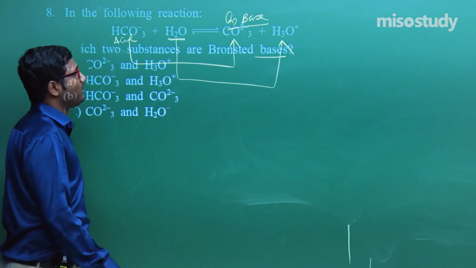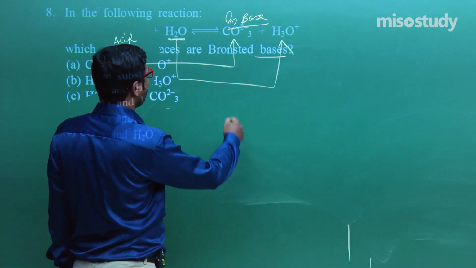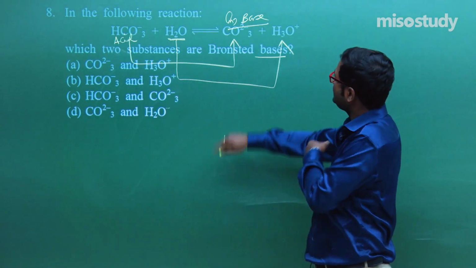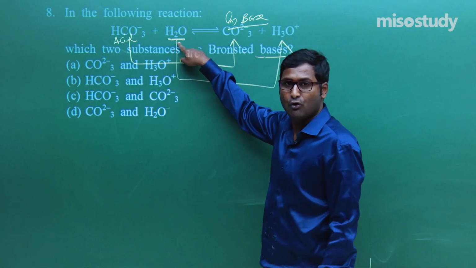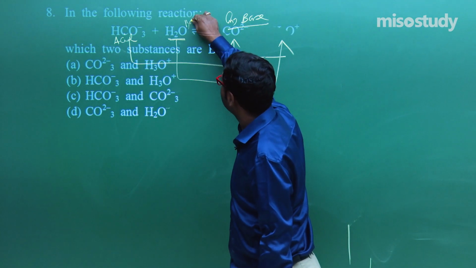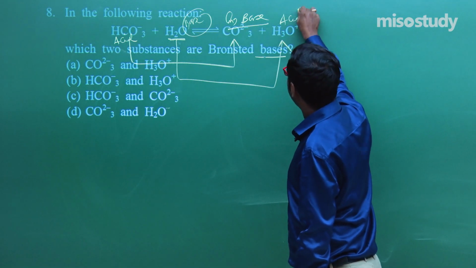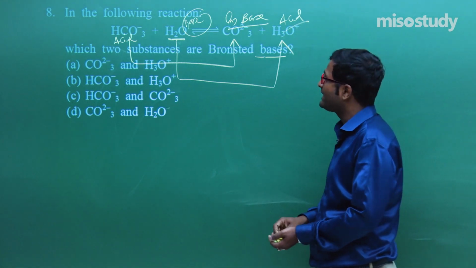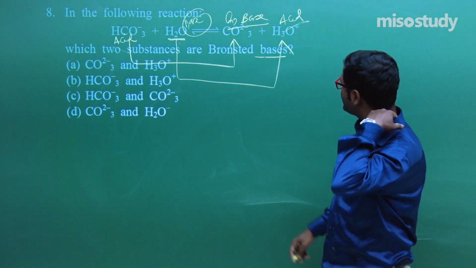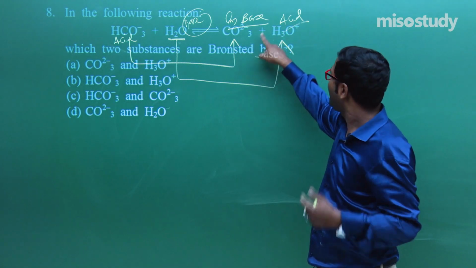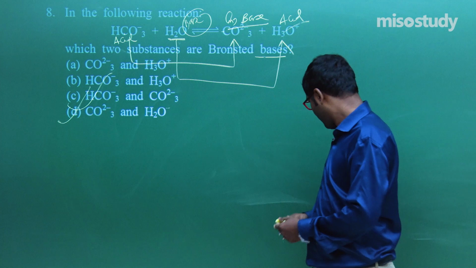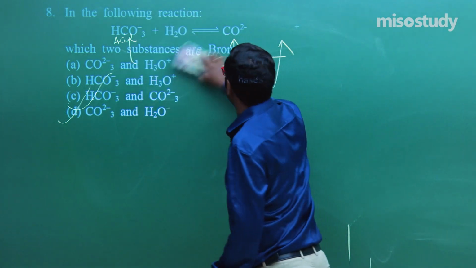H2O converted to H3O plus. Clear to you? If I talk about H3O plus, then what will happen? Check it out, friend. Find out the Bronsted base. H2O gains hydrogen. If it gains hydrogen, then this one is a base and this one is an acid, its conjugate acid. This is a conjugate acid base pair. Acid, conjugate base, base, conjugate acid. So which one is the Bronsted base? That is CO3 2 minus and H2O. So D is the correct option. Clear, friend? Now I am going to rub this part and we'll discuss the next one.